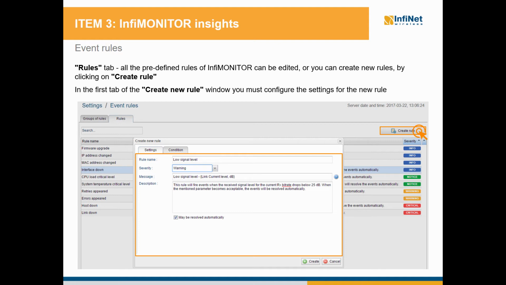I have also checked "may be resolved automatically" in order to allow the status of the rule to be automatically changed to resolved when the condition of the rule is no longer met, namely when the signal level parameter rises above 25 dB. However, in case of irreversible events, a firmware upgrade for example, it doesn't make sense to use